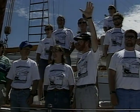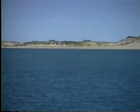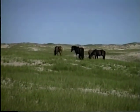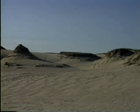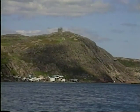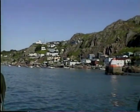Thank you, everybody. In 1991, we departed Castine June 30th. Our first stop was actually unscheduled. We stopped at Sable Island, which is a unique place to visit. We then continued along to St. John's, Newfoundland. We had a brief stop there, and then we were intending to run from there up the Labrador coast to Maine before leaving for Greenland,